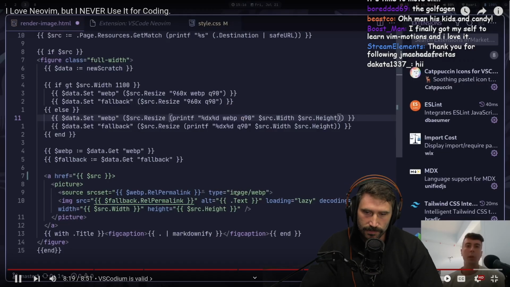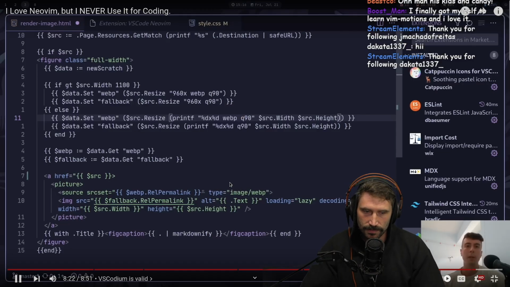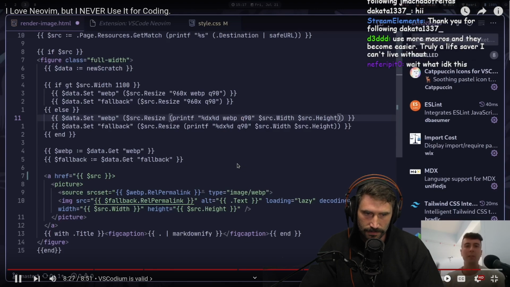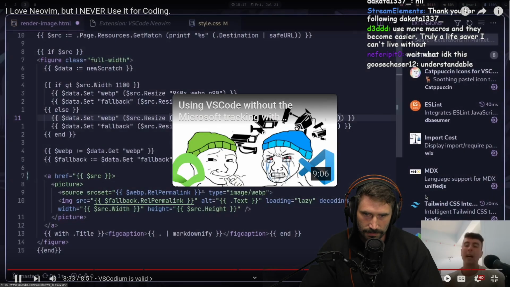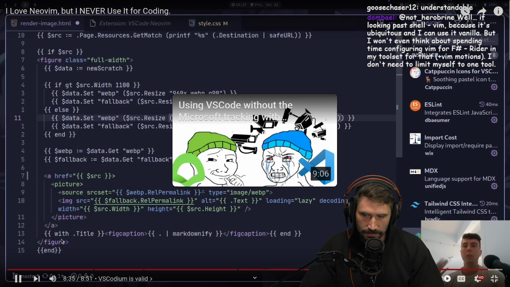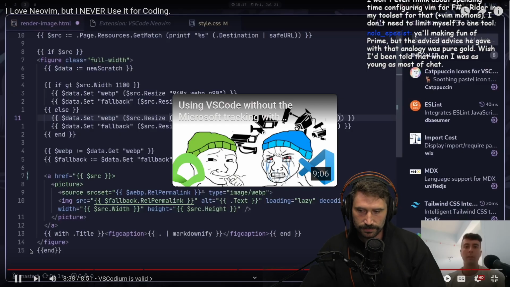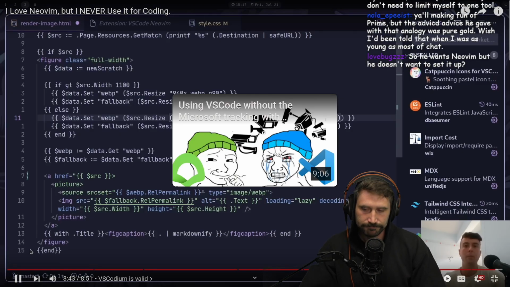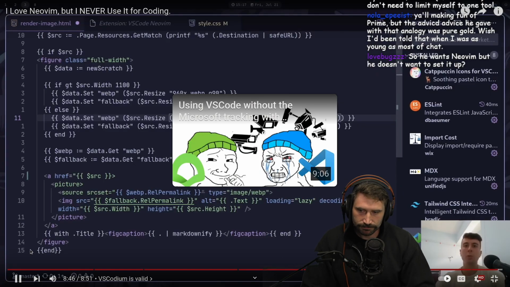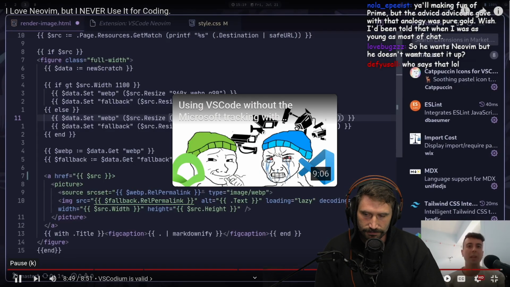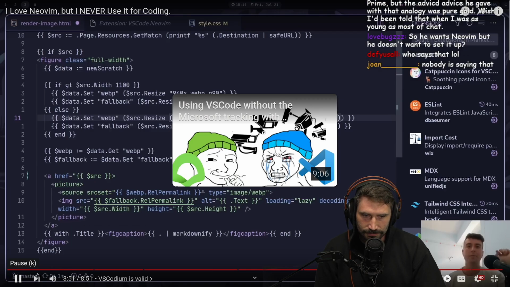Now, of course, you're welcome to use whatever you want. I just wanted to offer a different perspective from all of the Vim purists. Because some purists will say that you have to use Vim and Neovim for absolutely everything, and if you use something like this, then you're betraying the spirit of Vim. I don't believe any of that. I think that you can use whatever you want as long as it makes you more productive. So I wanted to say that if you love Vim, but you don't necessarily love the experience of editing in Vim, then that's totally fine. Use whatever tools you want. Just please don't call me a soy dev in the comments, okay? That would make me really sad.